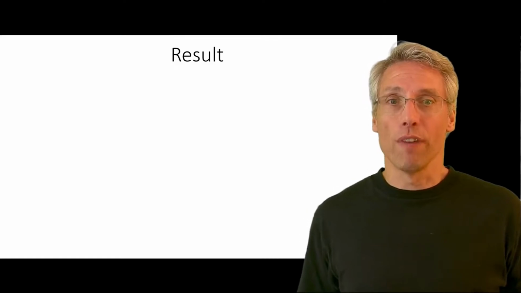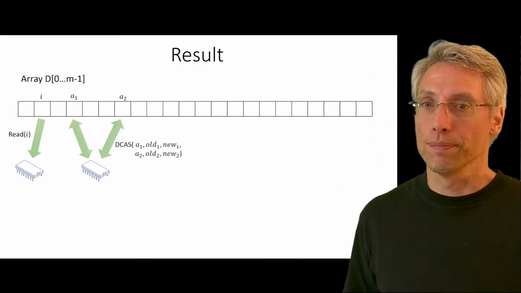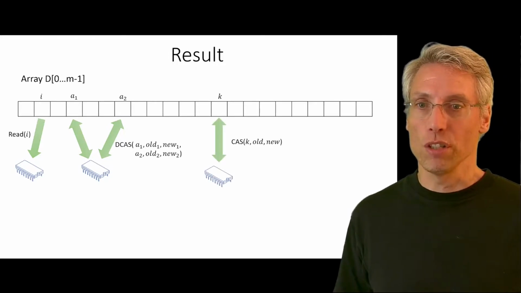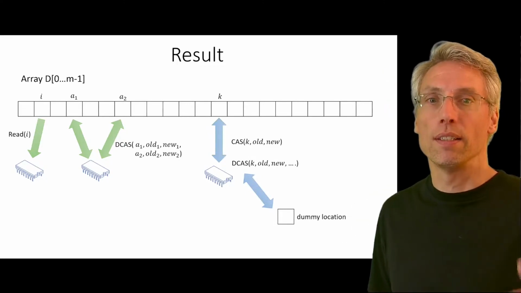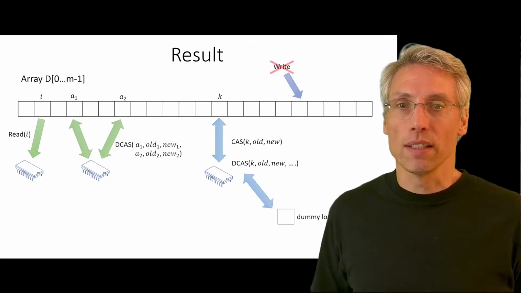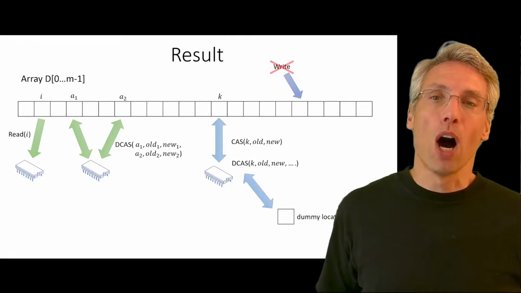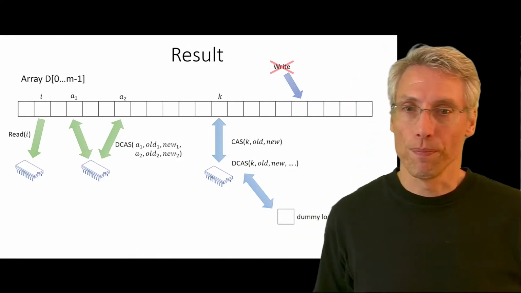We implement a data structure that maintains an array of values and supports the operations read and DCAS. But we can also easily execute standard CAS operations because we can simply use DCAS operations where one of the two addresses is a dummy location. Our algorithm does not support unconditional write operations. We believe that it may be possible to support write operations, but this is left for future work.